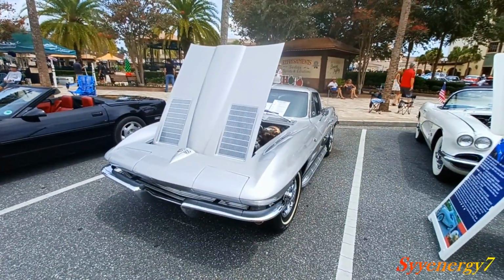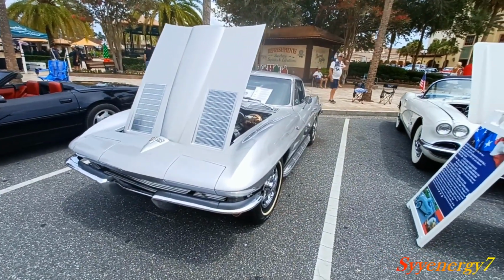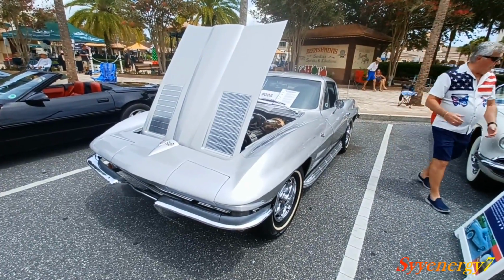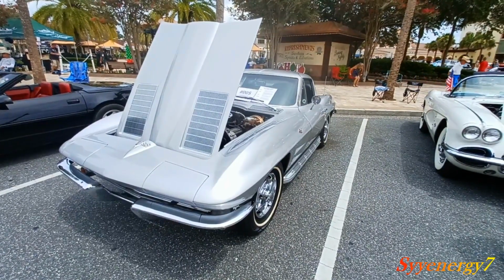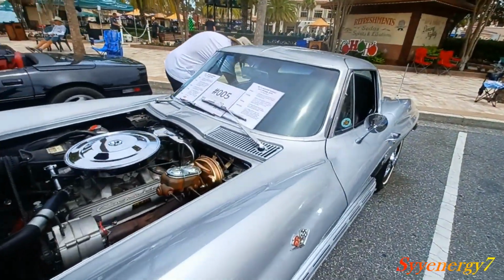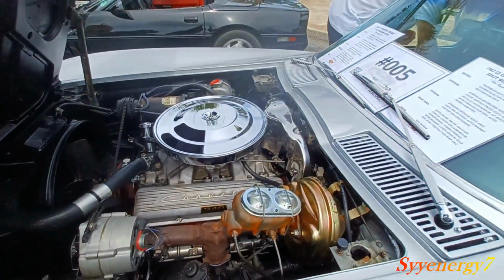Here we got a 1963 split window coupe. Split window, which I can tell you, was not something that sometimes you think some things turn into a real rare classic many years later. In the early 70s, a split window was a rarity. And everybody's like, oh, it's a split window. So you got 327,